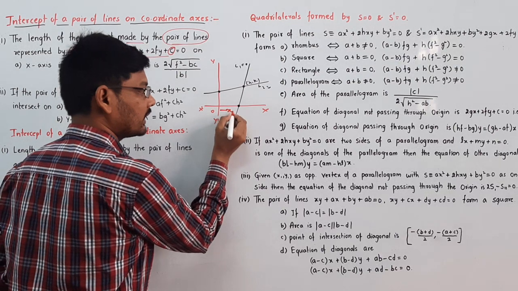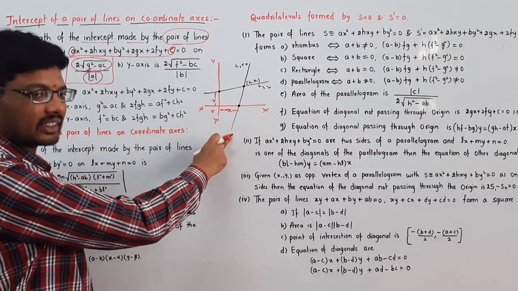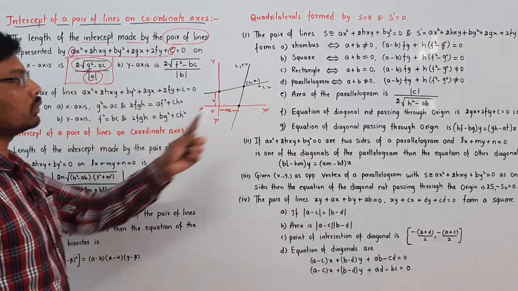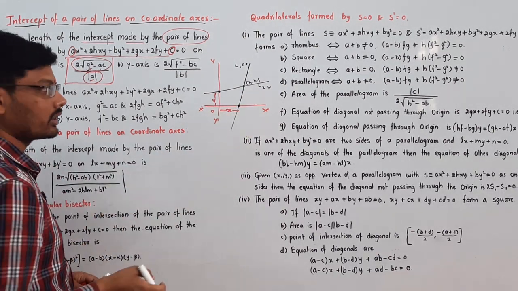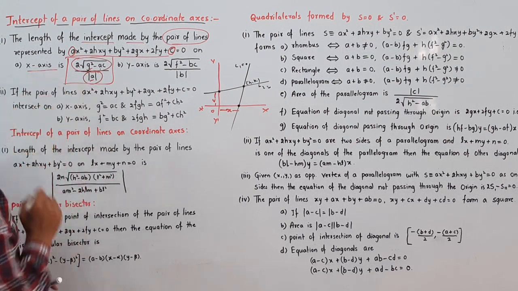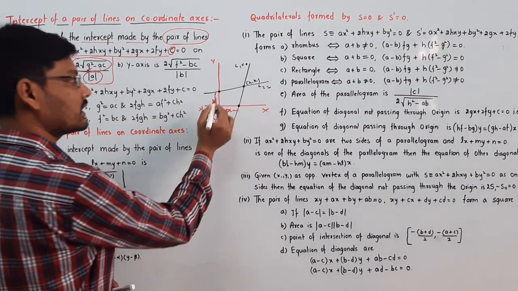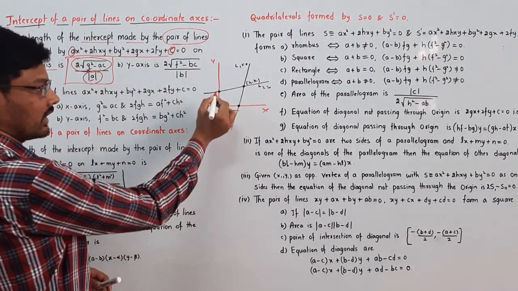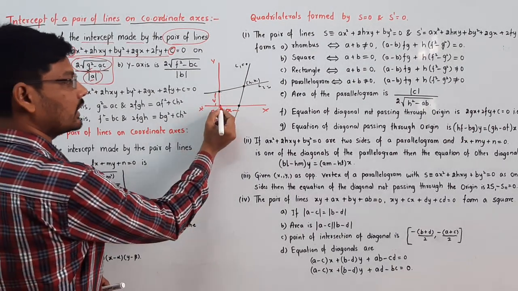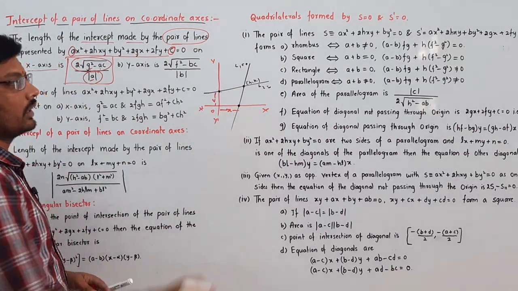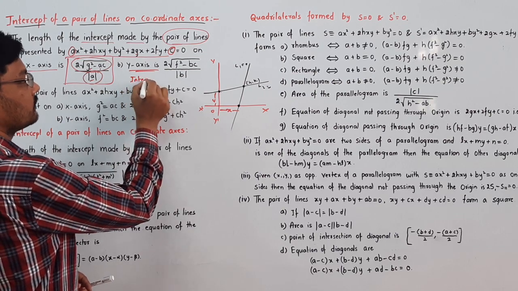This is the x intercept and this is the y intercept. If you want to know the x intercept of a line intersecting on the x axis, that is the formula when the two lines have the point of intersection h comma k and are not passing through the origin. So the x intercept is 2 into square root of g square minus ac by mod a. Similarly, the line L2 intersects the y axis at one point, and the distance from the origin to that point is the y intercept.